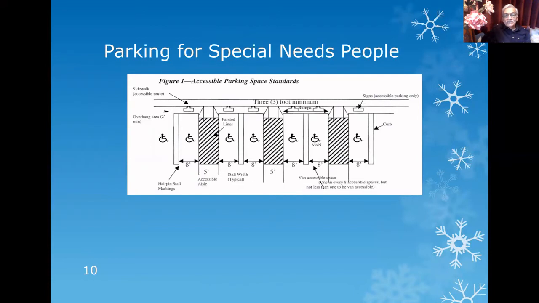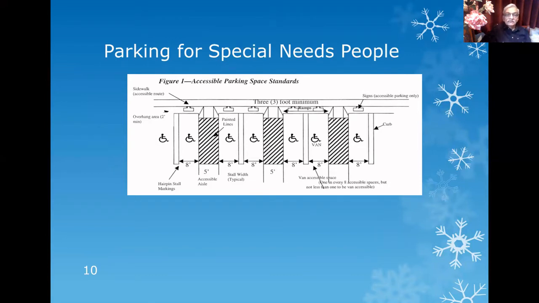Parking for special needs people is also a very important aspect. Normally, for every 10 cars of normal parking, there should be one parking for disabled people. This is just a thumb rule. One needs to read more about the codes and find out what exactly is specified and to be used, but normally it is so. After every 10 normal parkings, one parking should be specifically kept for special needs people. And in a lot of 10 parkings, the end parking is always for the special needs people, not in between.